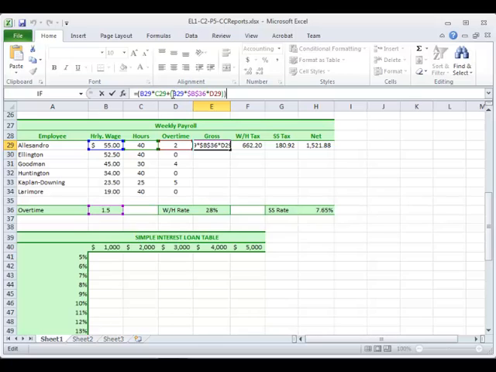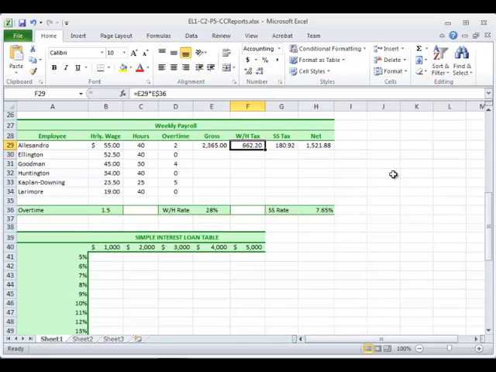And by the way, we have these operators within, let me just do it one more time, within a set of inner parentheses. So this calculation takes place first before the regular hour pay, and then you add them up. That's the order of operation here. And hit the enter key, and then we're going to calculate